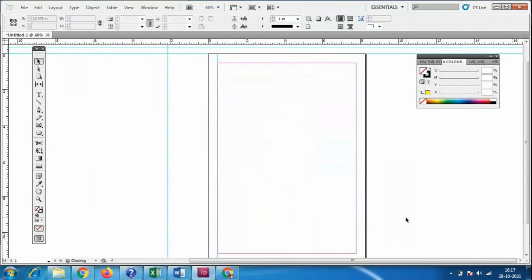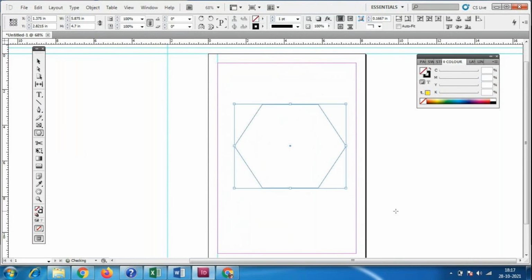Any of the shapes we can take. If I take this polygonal tool again and go to the direct selection tool, we will have the points. We have to select it like this and move this point. We cannot always select directly like this; sometimes it selects something else. So here it is selected now. We have to select the points with this box and move the points like this. Okay, control Z.